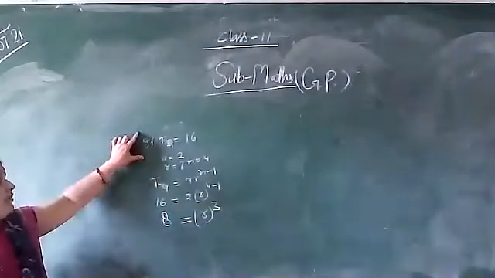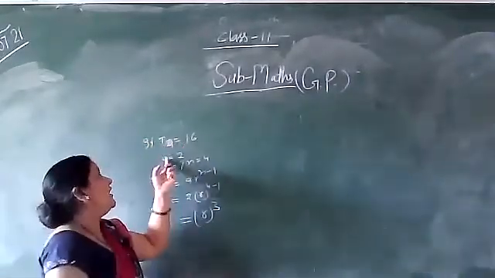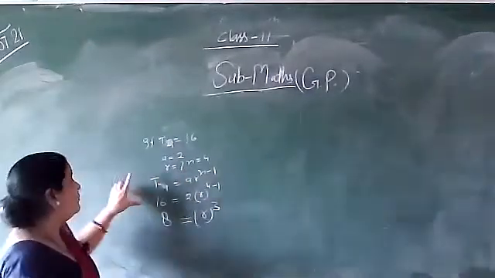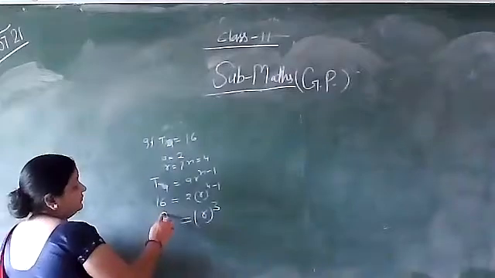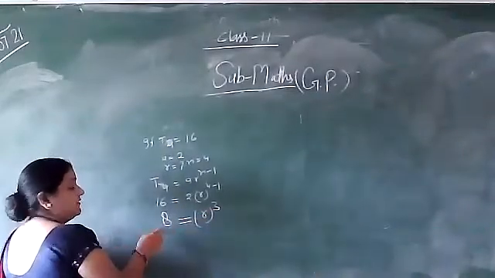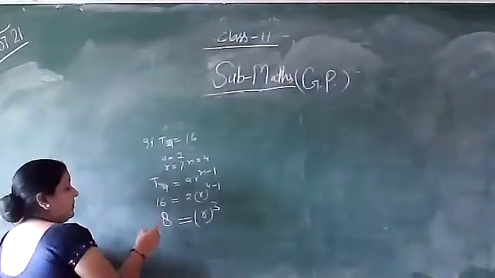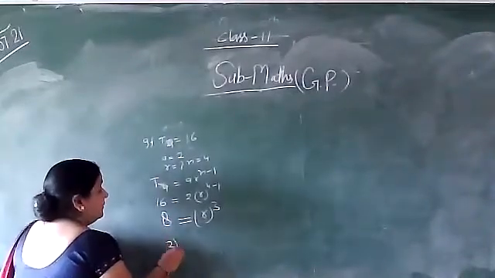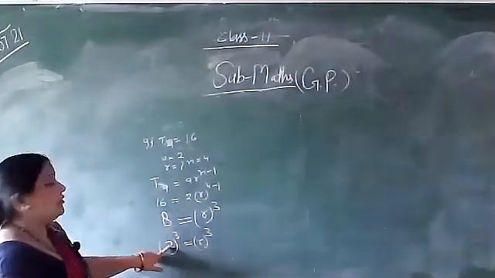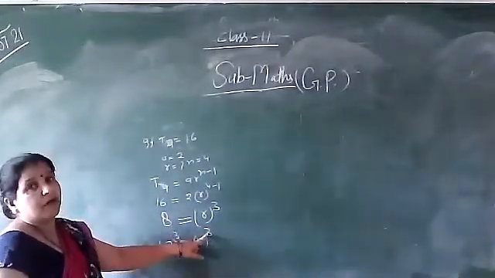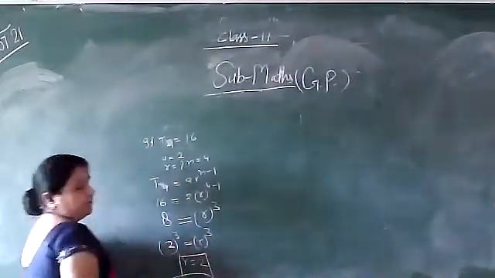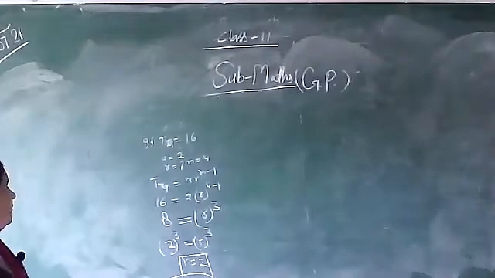What is given? T4 equal to 16, A equal to 2, n equal to 4, then we find the value of R. So I write here solution. Here we saw this is a cube and this is an 8. We do factorization and we make sure of the powers. So here we saw this is 2 to the power 3. This is R to the power 3. We compare and find the value R equal to 2. Okay.